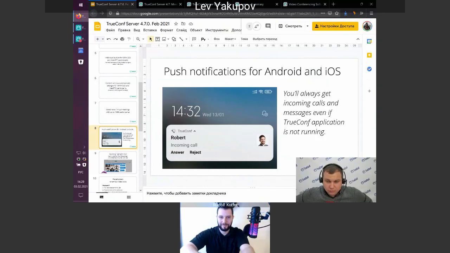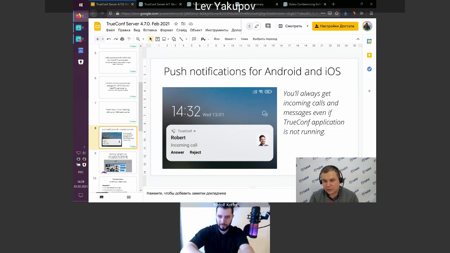Android and iOS operating systems look very strictly at all running applications. So if our client application is not used, there is a very large chance it is closed.